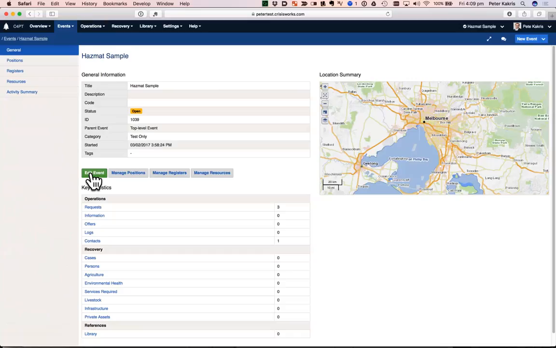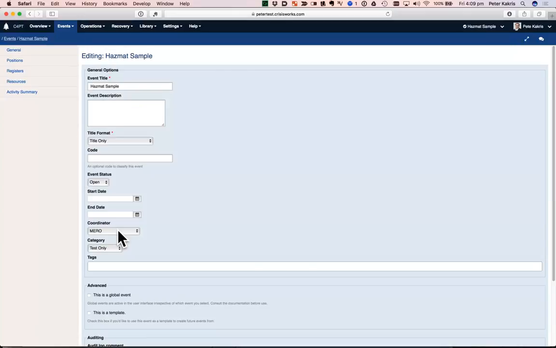So now it's reasonably straightforward. We'll click to come to this particular screen we've seen before. And when we go edit event, it actually edits this general information. So when we go to edit, this is where we can change some other details, such as the coordinator. We might decide who the coordinator position is, or that could be the incident controller, for example. And in here we might have some different tags. So let's just say we might want hazmat as a tag that we want every time we create a new event from the hazmat item. We might have, say, chemical